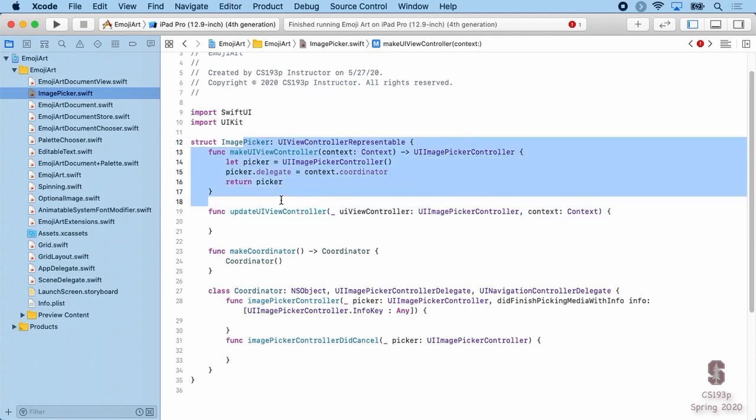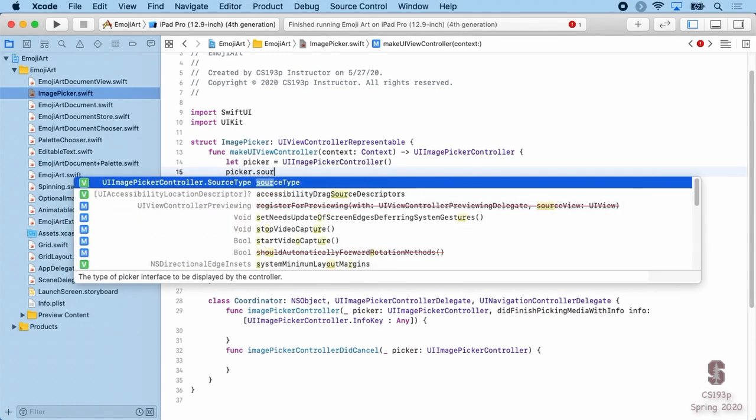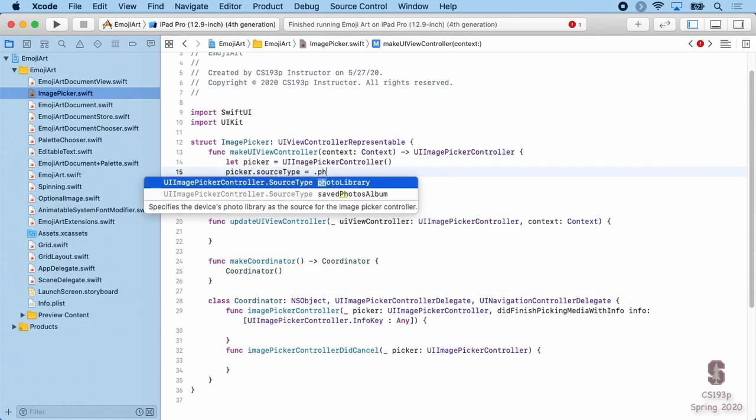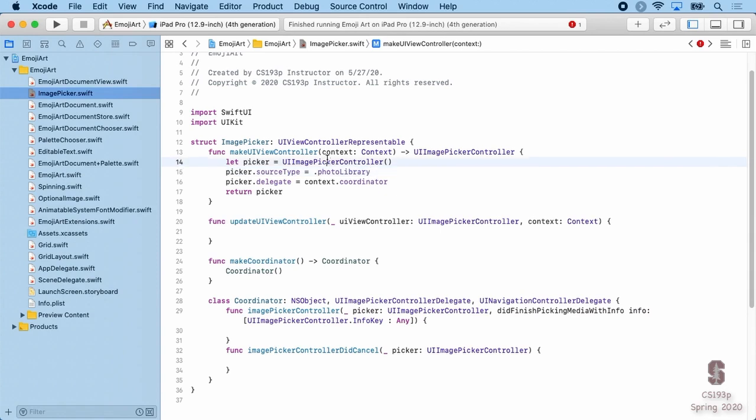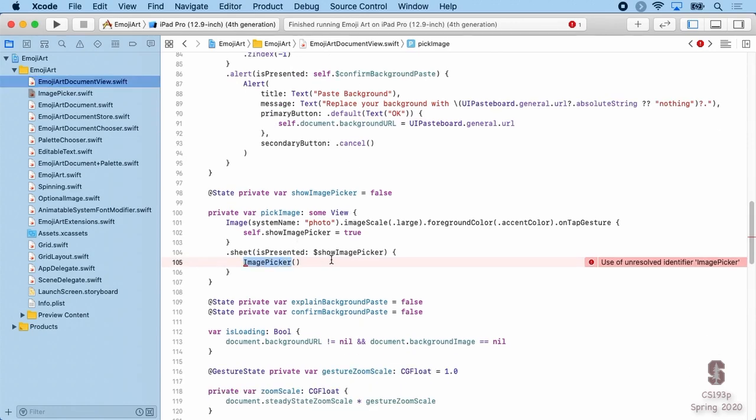But one other thing we want to do in configuration here to start is I'm going to set the picker's source type to be photo library. So the picker is going to try and pick an image from the photo library to start. Eventually, again, we'll do the camera, but for now, just the photo library. All right, we go back to our document view up here. We've got our image picker. It should compile now. Let's run